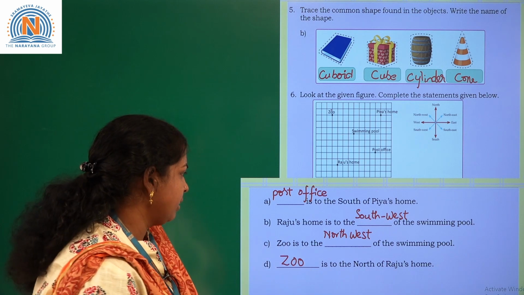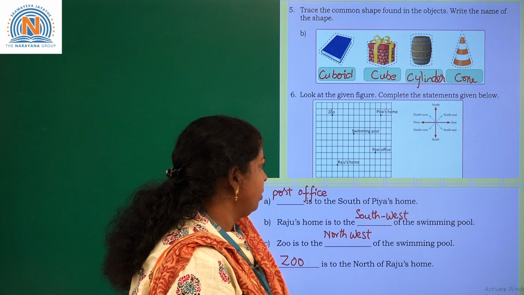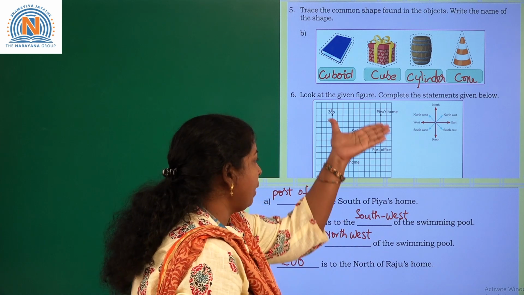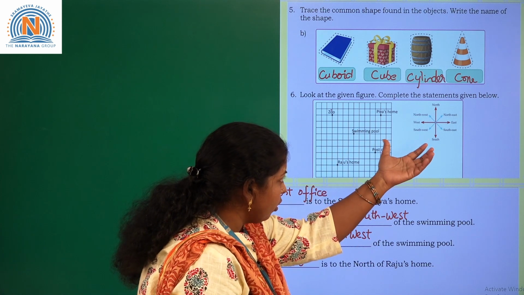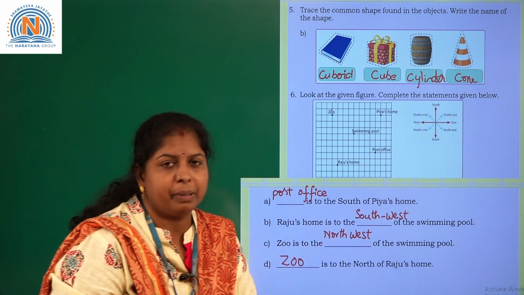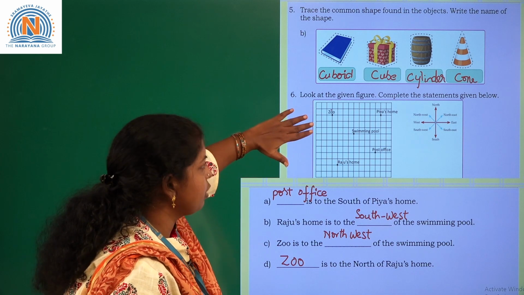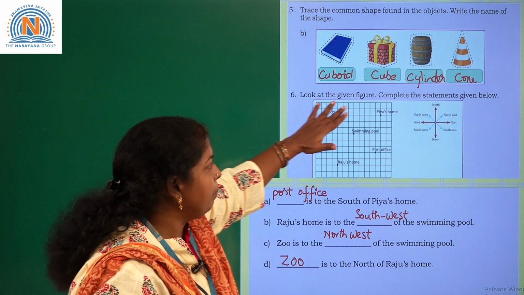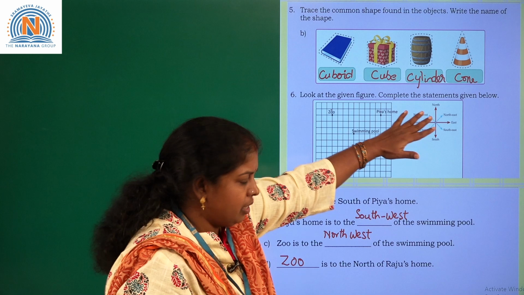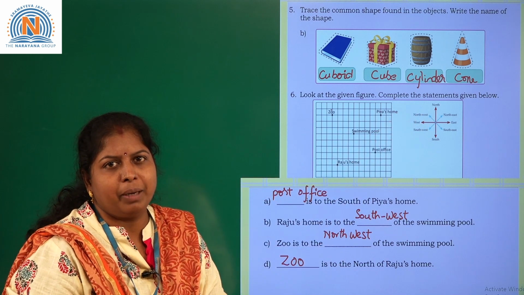Okay? Right. Like this you have to complete the map, children, and then you have to find out the directions, compass you have to keep aside and complete the fill in the blanks based on the map. At first you have to observe the map and then compare this map along with the compass and then answer the fill in the blanks, right?